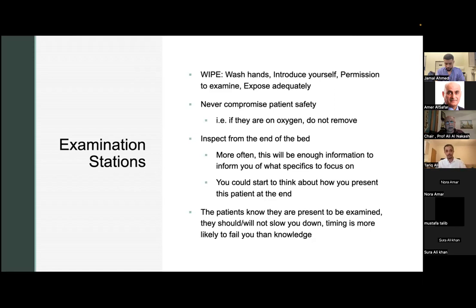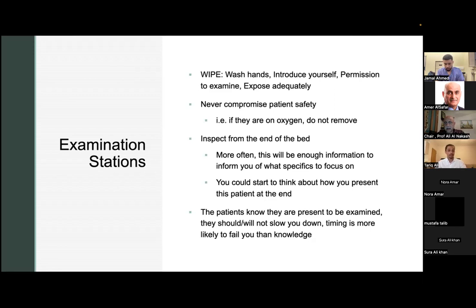That's what I used to use, just head to toe. Make eye contact, look at their muscle, see if they're wasted, move down onto the chest, onto the abdomen, onto the legs, look what's around them. Have they got catheters? Have they got drains in? Before you move towards the patient to start examining them, you should already have an idea of what type of patient this is.